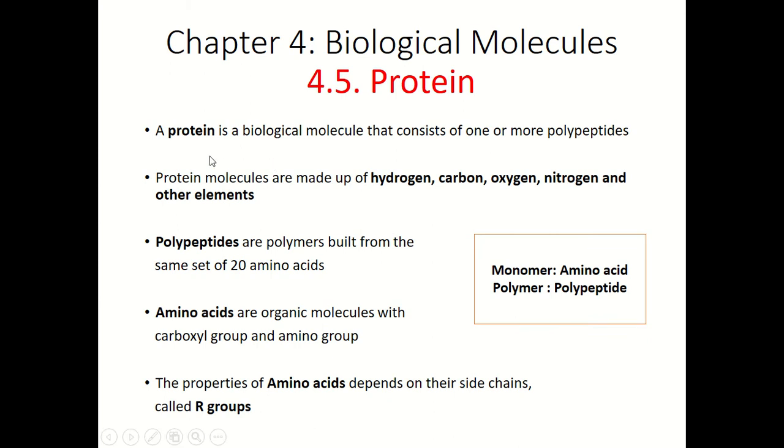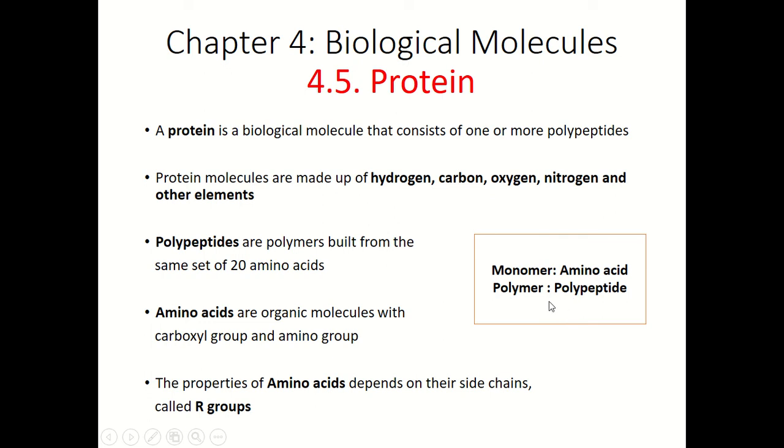So what is protein? Protein is a biological molecule that consists of one or more polypeptides, meaning to say that a protein is not always consisting of one polypeptide only. Protein molecules are made up of hydrogen, carbon, oxygen, nitrogen, and also other elements. Polypeptides, as you remember, are the polymers built from the same set of 20 amino acids. It means that amino acid is the monomer for polypeptide,